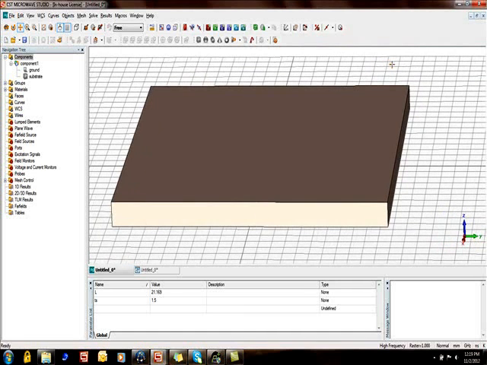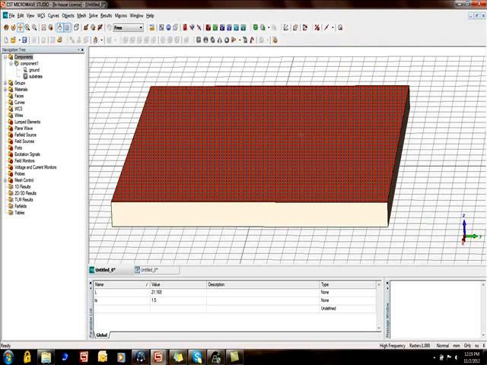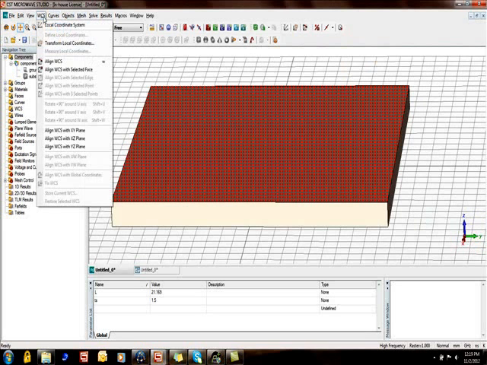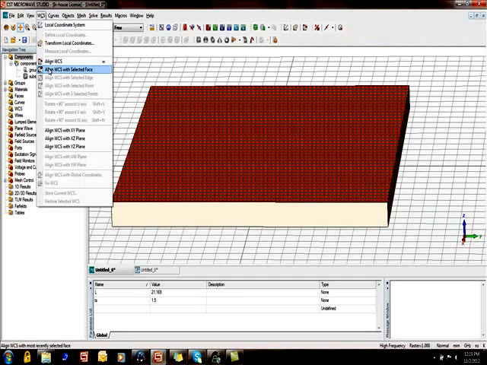For patch, select top face of a substrate, move your local coordinate system. So now click on align WCS with selected face.